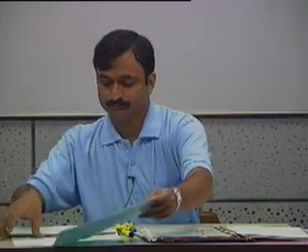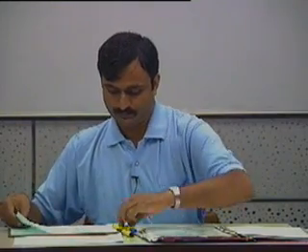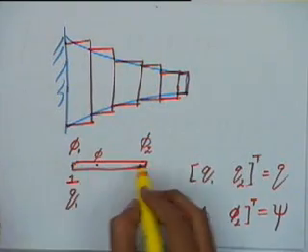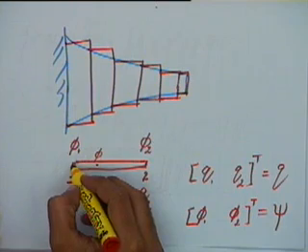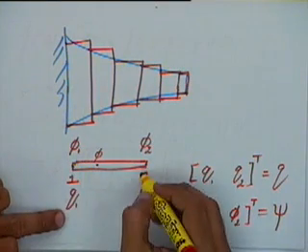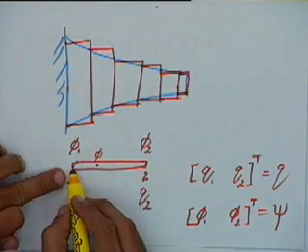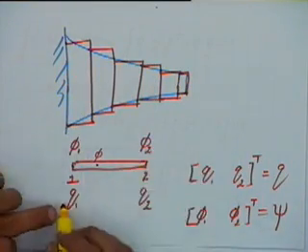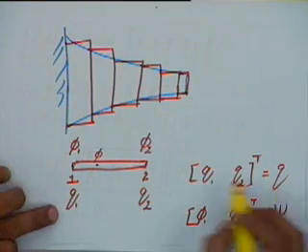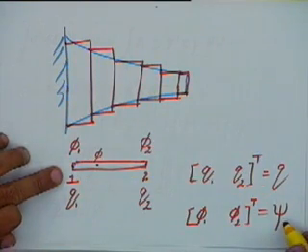So what is Q and what is psi then? The psi we have defined as phi 1, phi 2, the virtual displacement. So Q is the actual displacement. See, this is my element. At this point 1, the actual displacement is Q1. At this point 2, the actual displacement is Q2. In addition to that, I am giving a virtual displacement, which is phi 1 and phi 2. Q1, Q2 give me a vector which is Q. Phi 1, phi 2 give me a vector which I am calling psi.